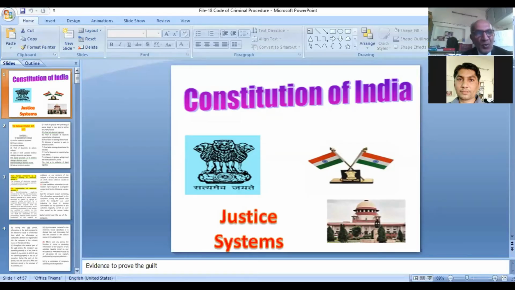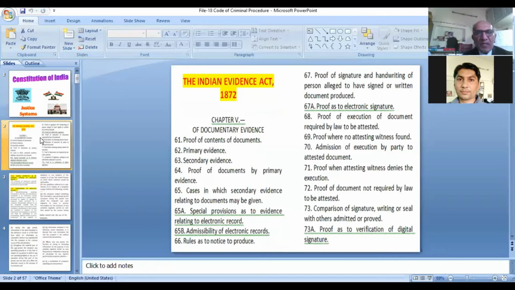Welcome. We are visiting the provisions of the Indian Evidence Act as to documentary evidence. The point of attention today is electronic evidence. The Indian Evidence Act, in its chapter 5, enlists the provisions of documentary evidence, and one special class of documents